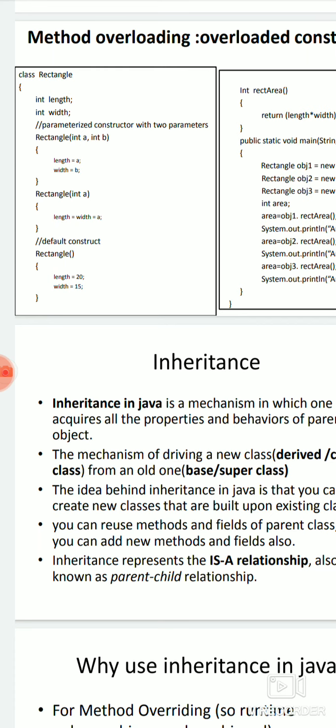So method overloading is, you can create any number of functions with the same name, but there will be some difference in the parameter list. Here it is also known as an overloaded constructor. Why is it an overloaded constructor? Because we are using the same class name and same function name, so they are all constructors, and they are overloaded. Overloaded means you are using the same function with different parameters. So that is what is known as method overloading and overloaded constructor.